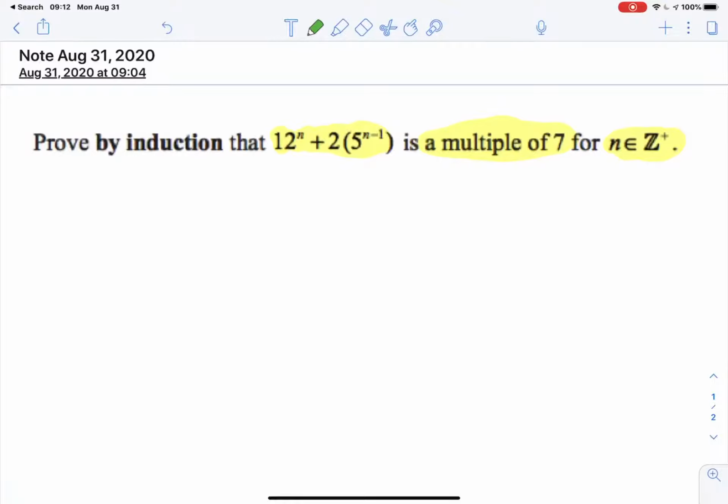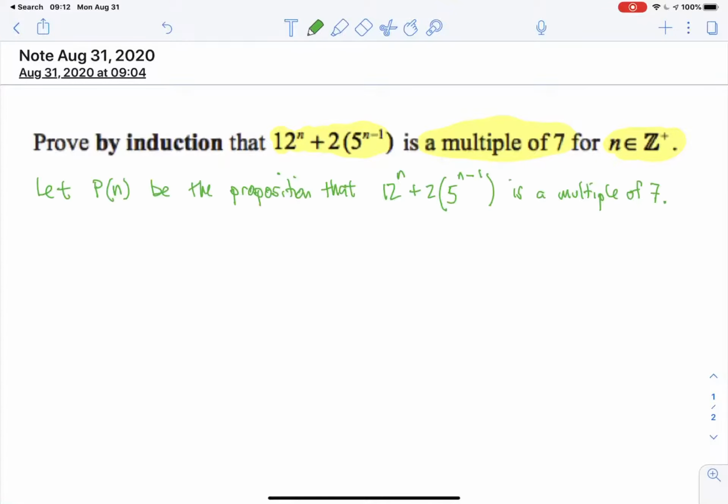The first thing we want to do is write out the proposition that we're trying to show is true using math induction. This is usually just a restatement of what you're asked to prove using induction. So that's step one. Now we start the process of actually using the principle of math induction to prove this. So we need to show that a specific case is true. And so what that means is we're going to show that when n is equal to 1, that the proposition is true. Specifically, that p of 1